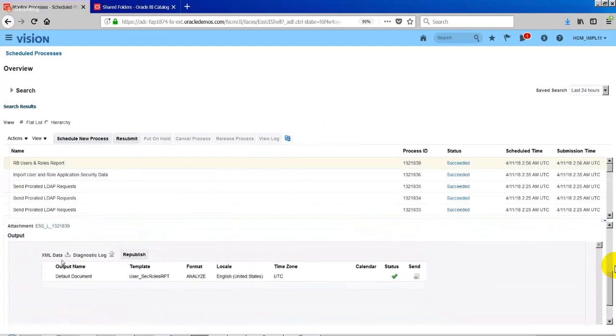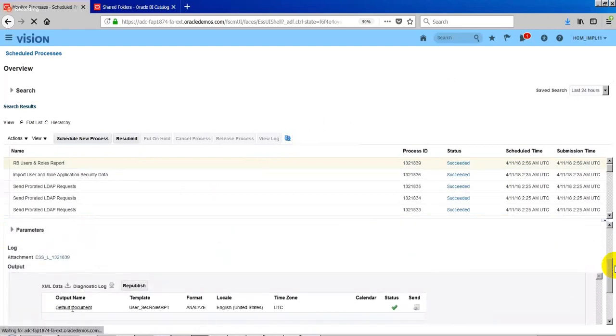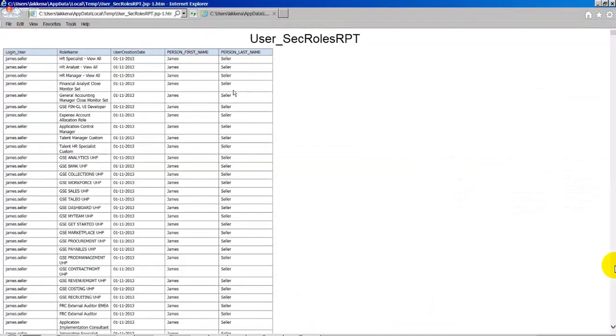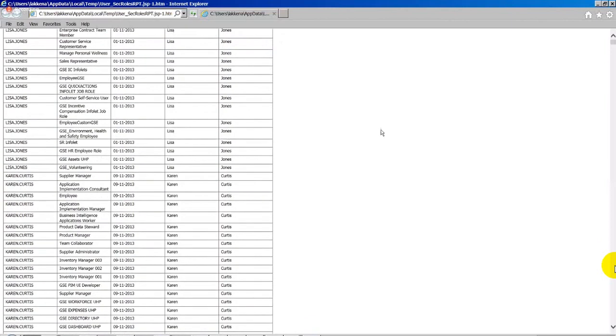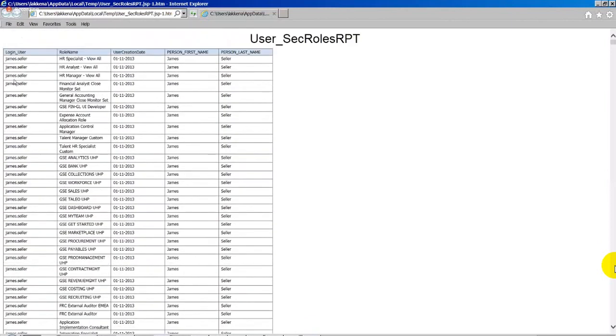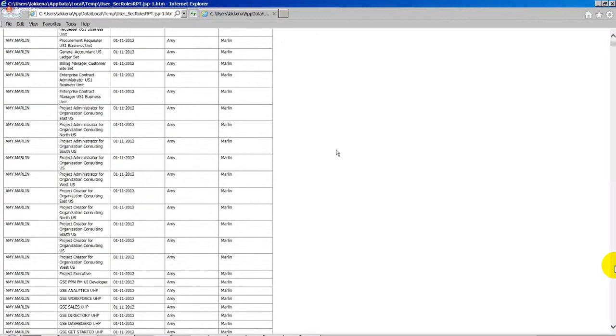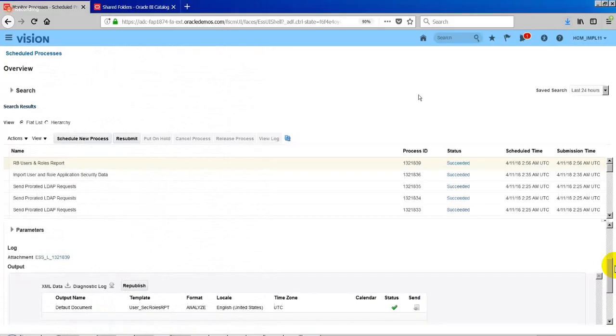So now here, if you see, it is the output. Typically, you just click on this one and it will open the file. It's a JSP file by default, because in the BI Publisher report that we created, we didn't say to send the output as an Excel file or something like that. So as it is showing on the same window, the event viewer JSP has all the information of whatever we have created. So this is how we can register the BI Publisher job in the Enterprise Scheduler Service.